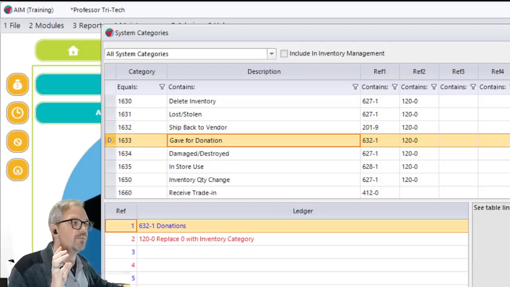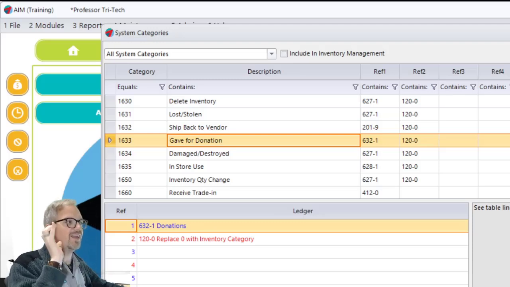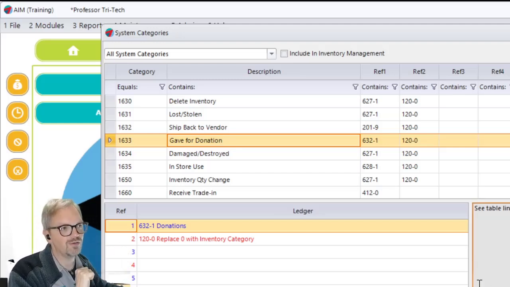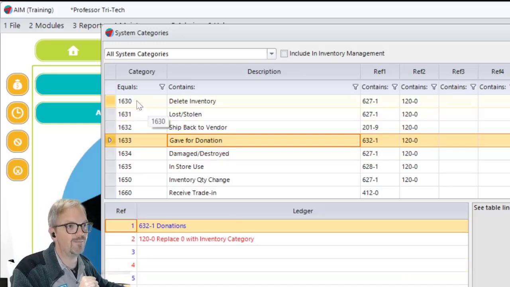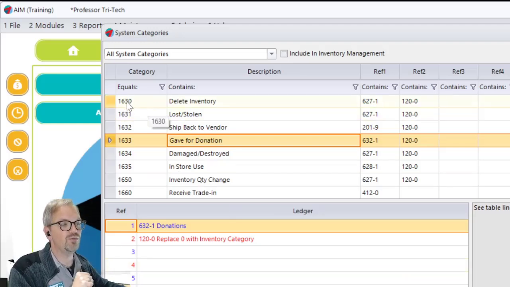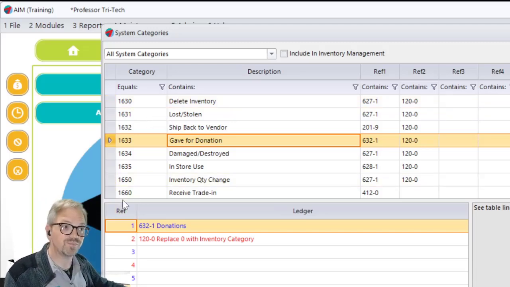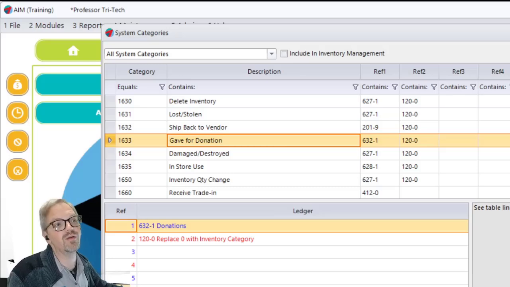Now, I do want to talk a little bit more about, actually, I'm gonna cut myself off again. You're not limited to just these 6 system categories for your transfer reasons. In AIM, you can actually have up to 10 of them, 1630 through 1639. But you might notice there's no add button here. What you can do, let's say you wanted to have a reason apart from those 6 for anything at all,